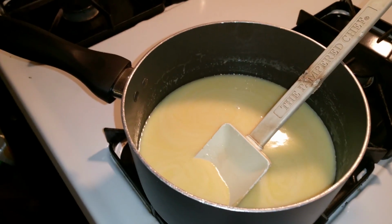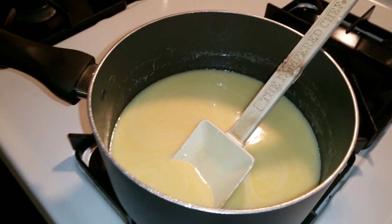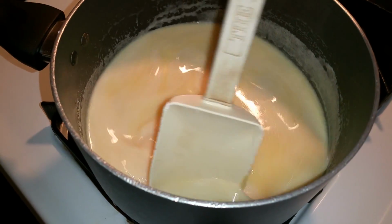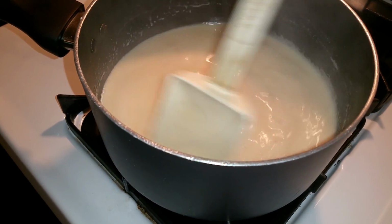Okay. I thought I was recording when I poured everything in and assembled it, but apparently I was not. So here we are, and I am giving this a stir: the 4 tablespoons of butter, the can of